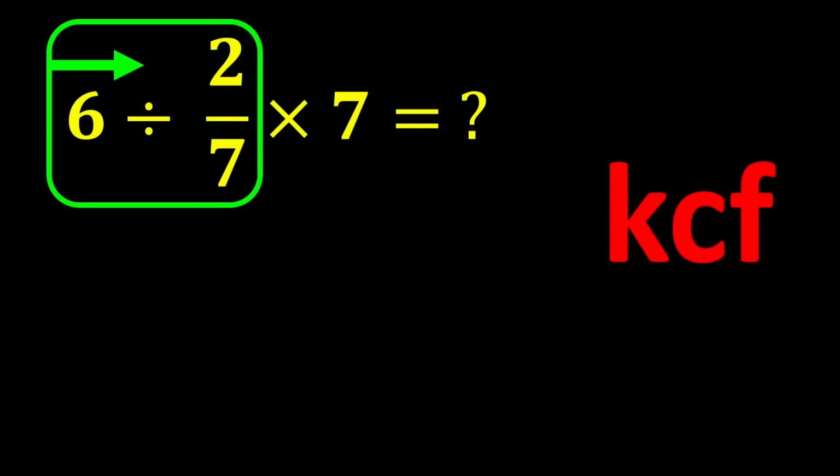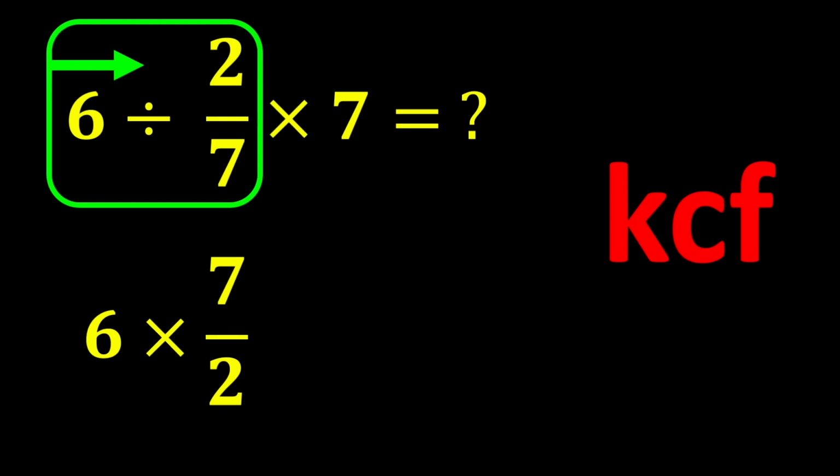To solve this part, we use the KCF rule. K stands for keep, C stands for change, and F stands for flip. The KCF rule is a simple rule for dividing fractions. According to this rule, we keep the first number as it is, change the division sign to multiplication, and flip the second number. According to the KCF rule, we keep 6 as it is, change division to multiplication, and flip